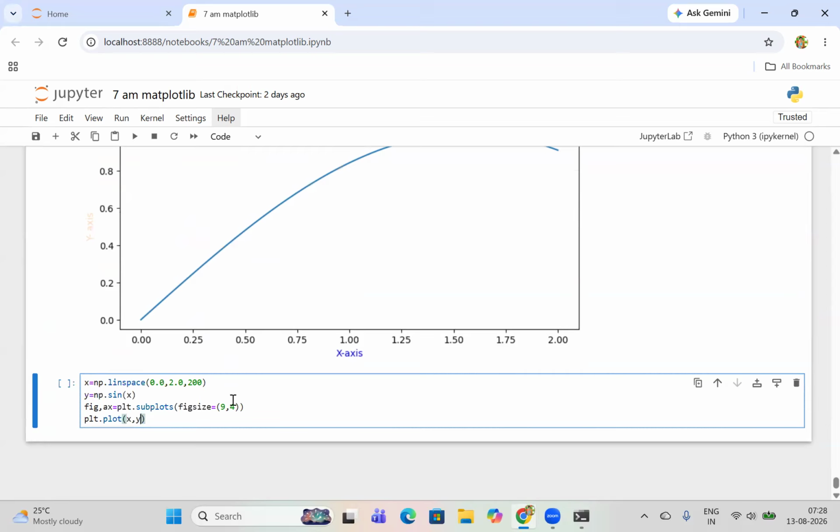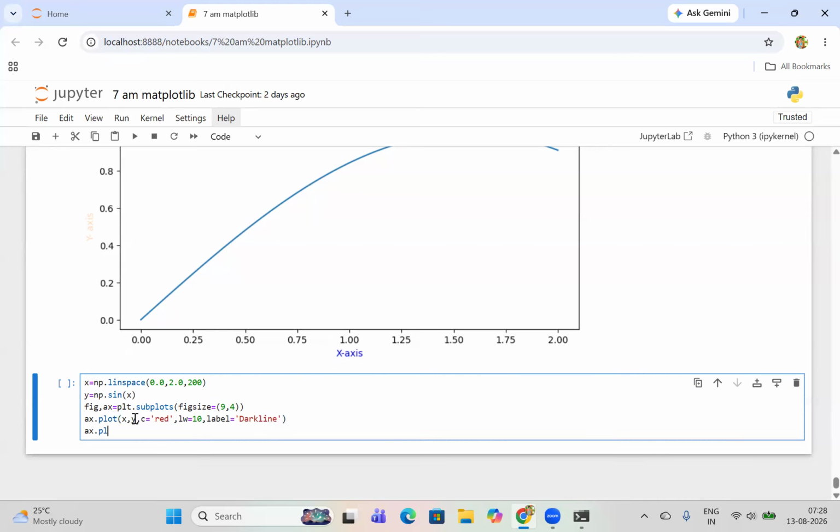ax, plt.figure size. Let me say rather than plt, I say ax.plot(X, Y, color is equal to red, line width is equal to 10, label is equal to dark line). ax.plot(X plus 0.75, comma Y plus 0.75, comma